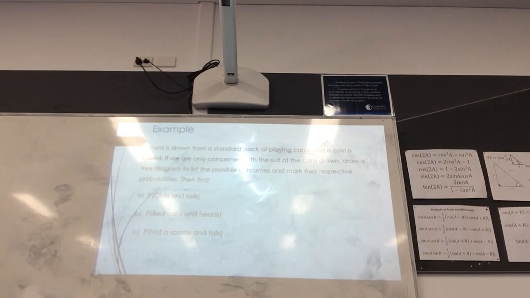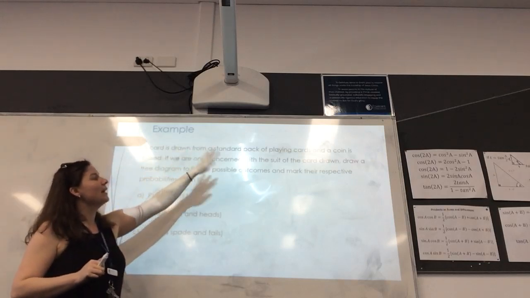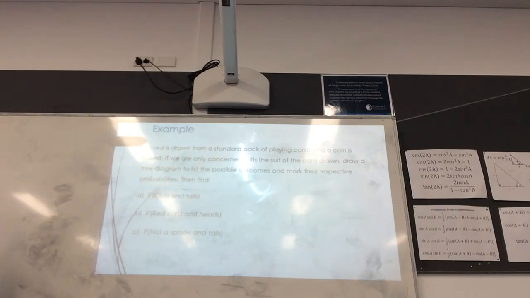I'm going to draw my tree over here. Thanks, Jane. Okay, a card is drawn from a standard pack of cards and a coin is tossed. Now, even if these are done at the same time, it doesn't matter, okay? We treat one and then the other. We're happy with that? That's really important. People get confused about it. Okay, we're only concerned about the suit of the card. So that means when we pick a card, how many possible outcomes are there? 4, okay? And we're looking at, well, the coin is going to be heads or tails.